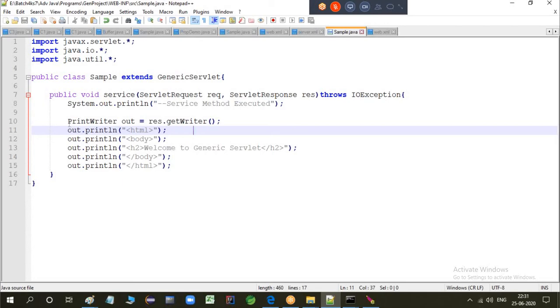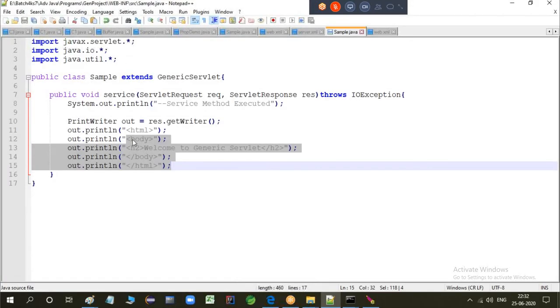When I am requesting, the servlet object is getting created and responding in proper format. Like you can get a form in the HTML format here. For HTML format, I have to give these HTML tags, HTML and body, closing and opening tags. This is the response. I wanted to give request as an input.